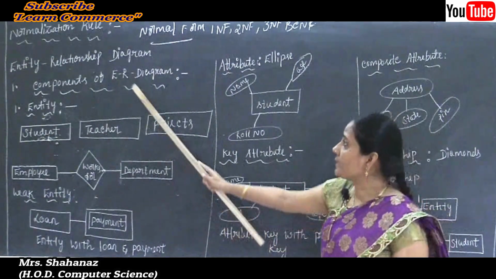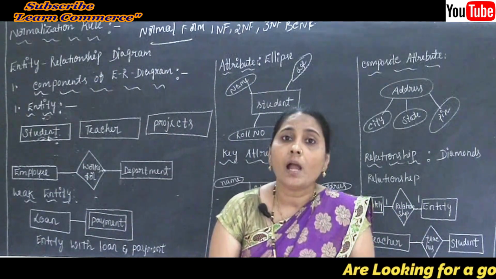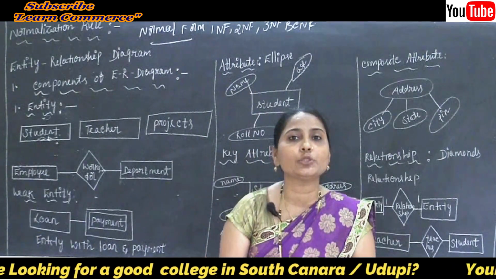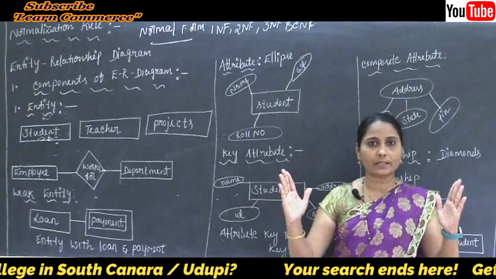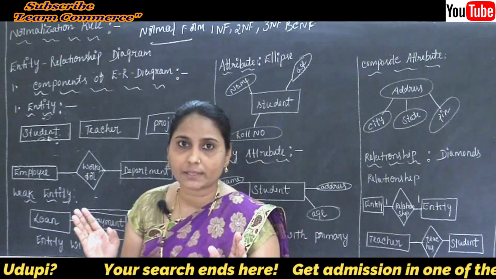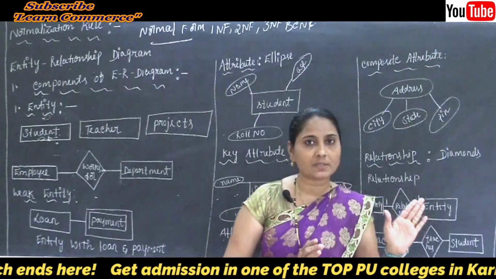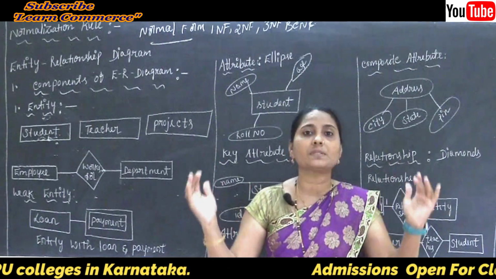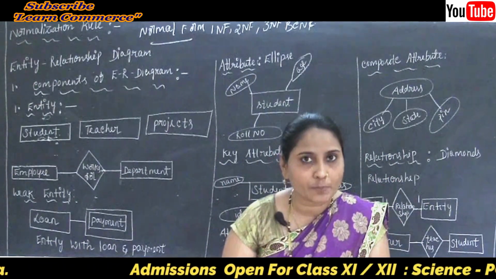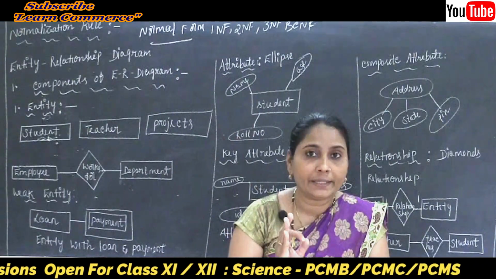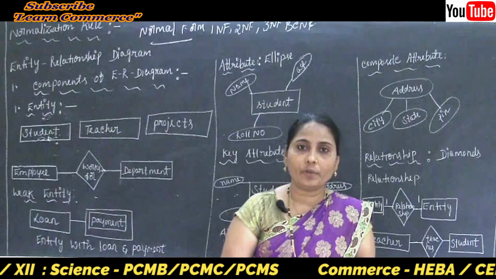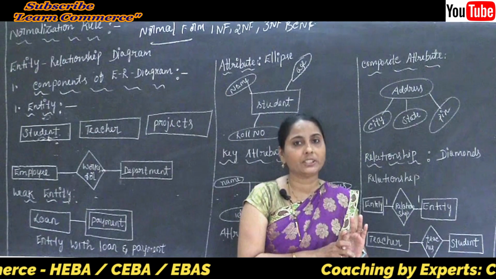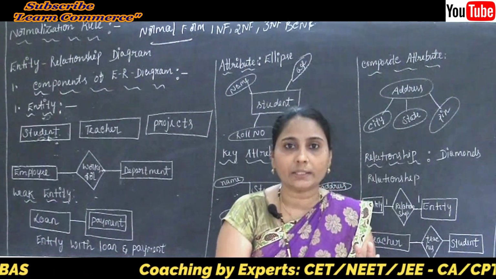And now let's go to the next thing, our relationship. An entity relationship means how each table is related or linked to each other. Maybe two tables are there, and in each table some columns are there. Maybe in the first table 5 columns are there, and in the second table also 5 to 6 columns are there. So all those table columns are related to each other here. Clear this point? So this is the meaning of the entity and also the meaning of the relationship. We can say that an entity is called the table, and relationship means how each table is related and linked to each other.